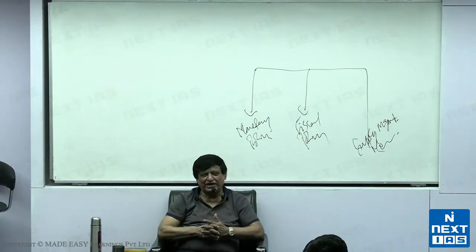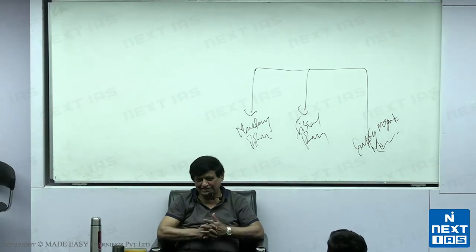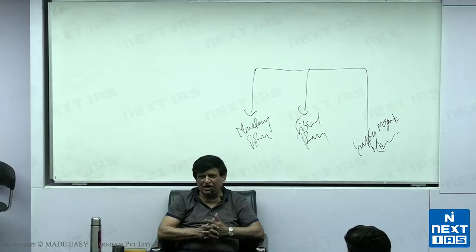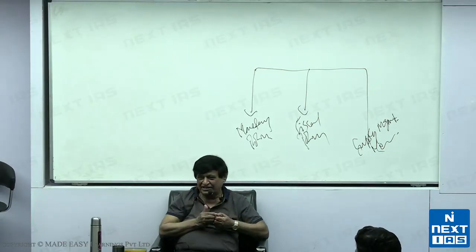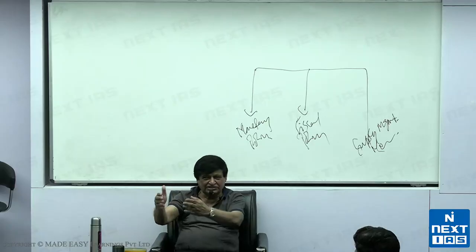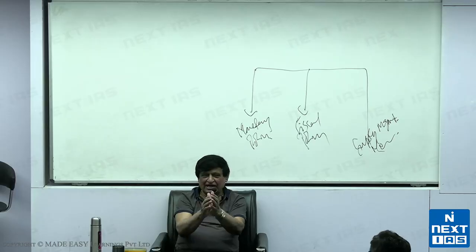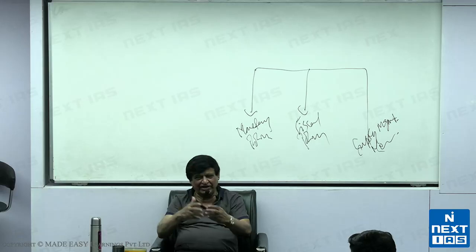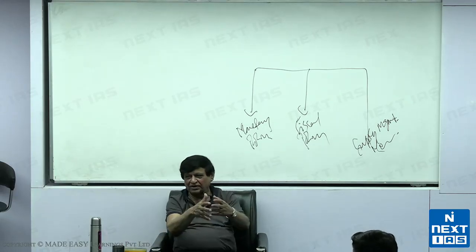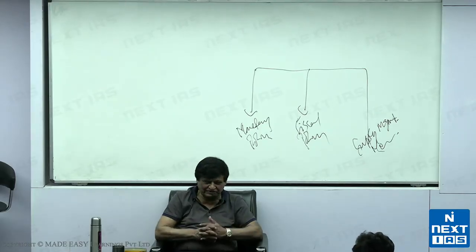Let me ask you a question of common sense and see how common is the common sense. When would RBI like to sell government securities to banks? When it wants to absorb liquidity, when it feels that banks have excess liquidity and are lending indiscriminately, it may try to sell more. When will it try to buy? When it would like banks to lend more and more, so that when it buys, it gives them money. All right? So that's what you have written.